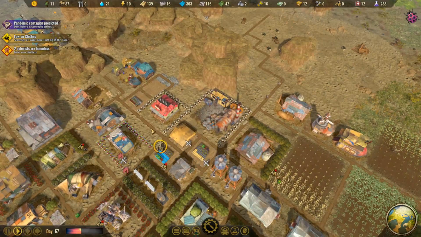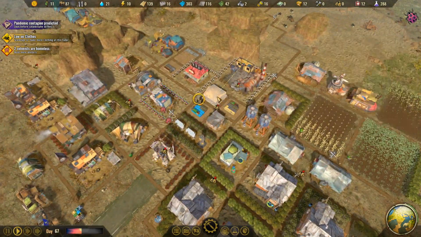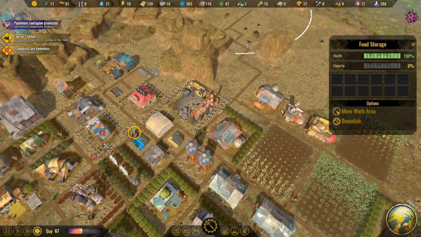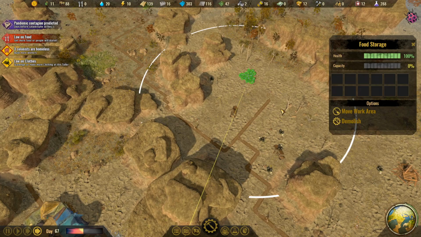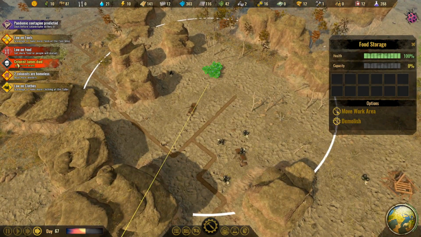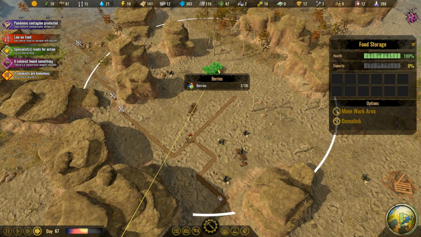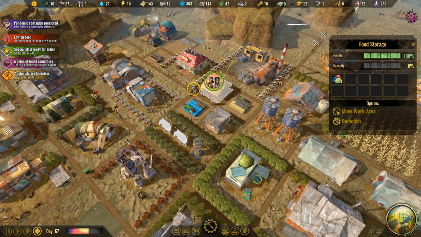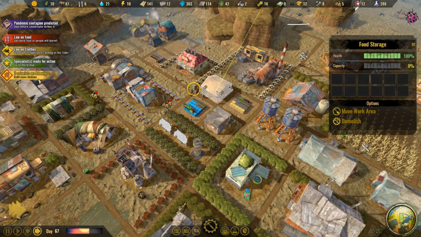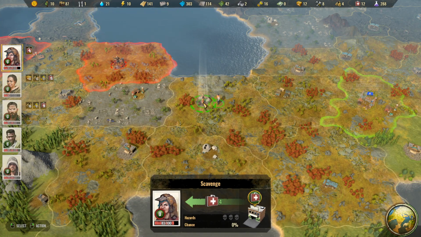What I could actually do is go back to gathering berries as well. An option. Let's get some berries going, lads. Starve to death. Here comes the starvation. We're going to start getting a lot more of that happening. Tools and clothing, awesome. A nice big hit of food would have been even better, but...